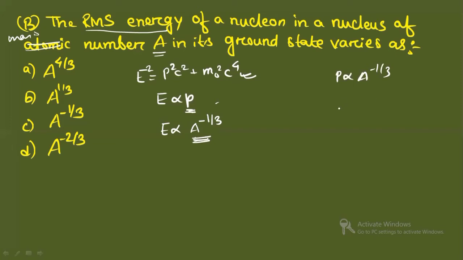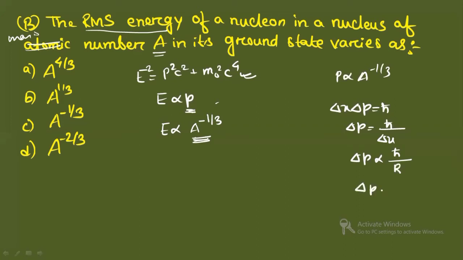And if you are having any problem, I am doing here again. You can see we know delta x delta p equals h cut. So delta p is equal to h cut by delta x. So delta p will be proportional to h cut by delta x. Delta x is the maximum distance, which was twice r. Ignoring the constant term, I'm writing just r.